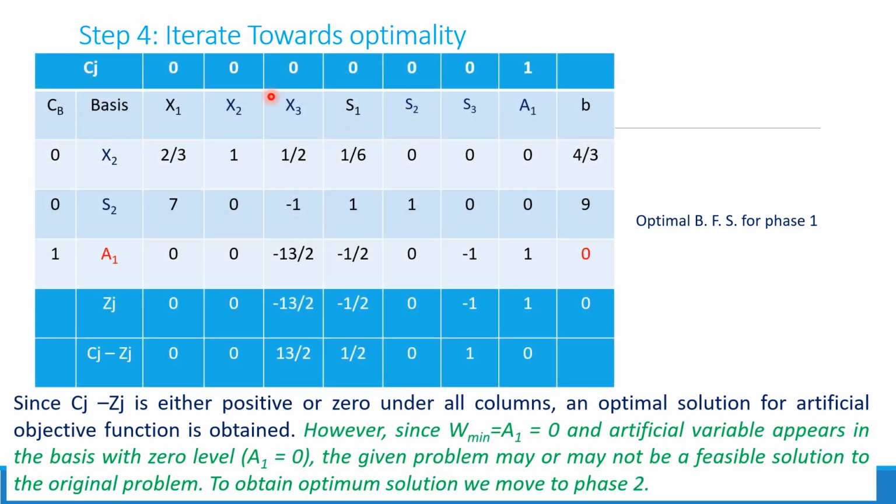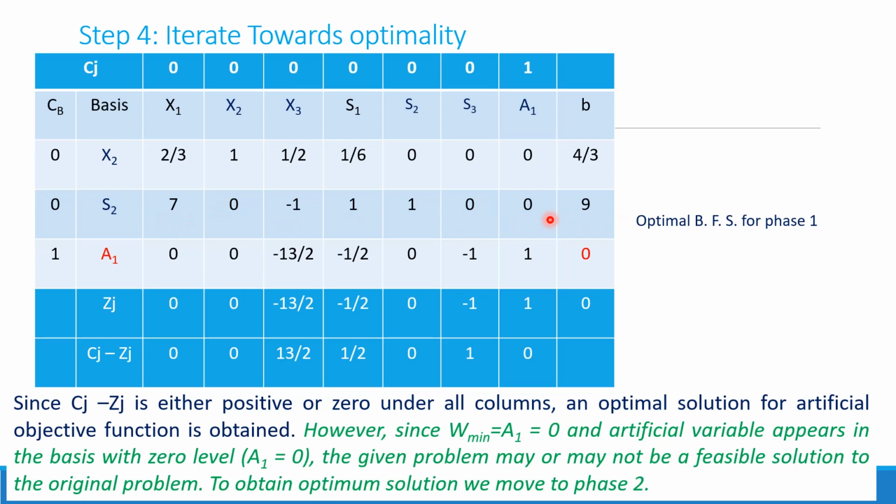Now this is the iteration of the previous table. In this particular table we get X2 here. X2 has now entered into the basis column. S1 has left this particular table. Now the coefficient of X2 is written here. Similarly this one is made unity. To make this unity, we divided the whole row by 6, so everything gets changed here. Now this S2 element has to be made 0. In order to make it 0, we have performed a particular row operation.